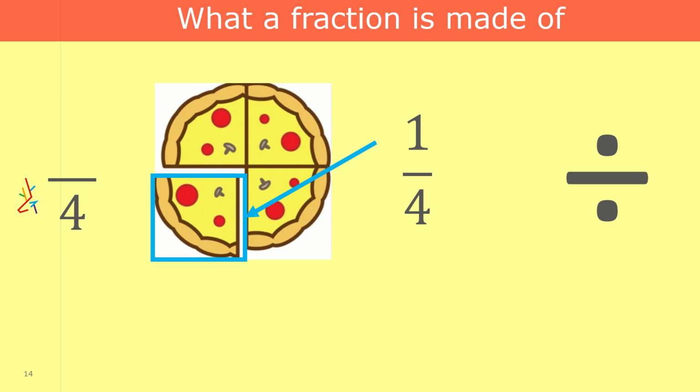Then you've got the numerator, or the number on the top, and that tells you how many parts or how many slices you're using. So in this case I'm using 1 out of the 4 slices that I could possibly have used. And then finally you've got the line in the middle, which means divide. This is quite important because every time you want to change a fraction to a percentage or a decimal, you do the top number divided by the bottom number. So that line always means divide,